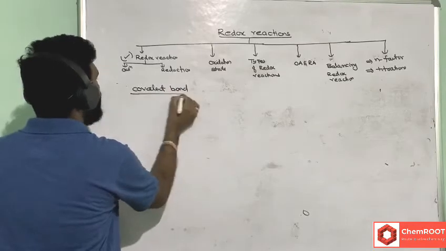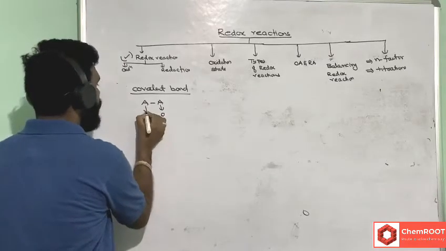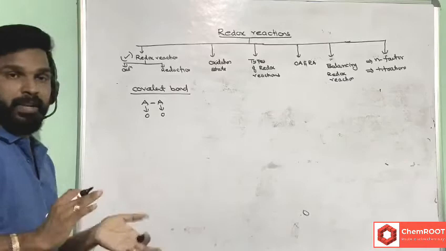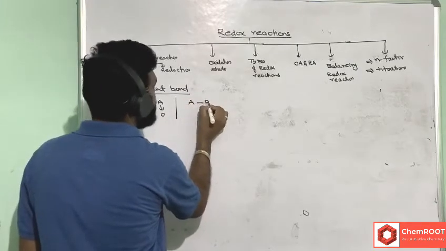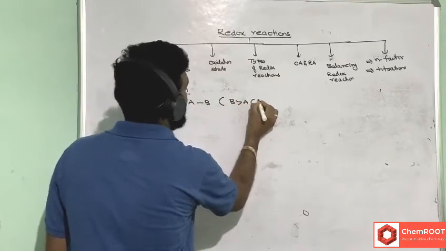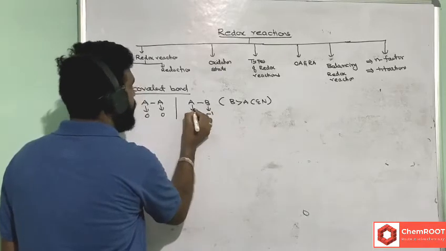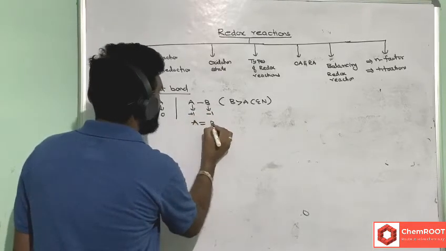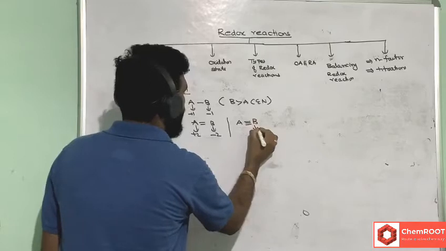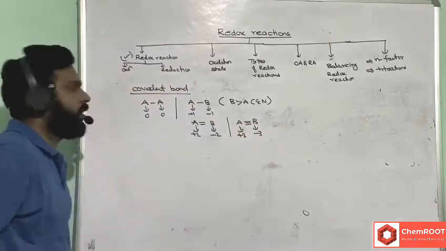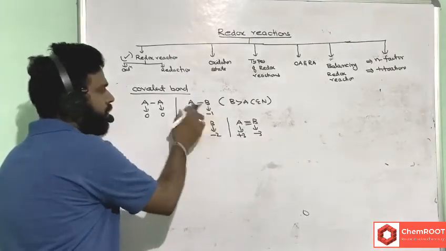This covalent bond will be present between similar atoms, like A attached to A. In this case, this contribution will be 0 and this contribution also will be 0. So if two similar atoms are attached to each other, each contribution will be 0. But if A is attached to B, let's consider B is more electronegative than A, electronegativity wise. So B is more electronegative; for one bond, you will get -1 on this one and +1 on the other. Suppose a double bond is there, this will get -2 and this will get +2. If a triple bond is there, then it will have -3 and this will have +3. So covalent bonds present between similar atoms give no contribution, but when different atoms are there,